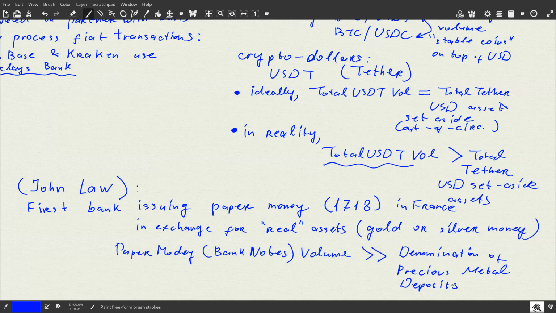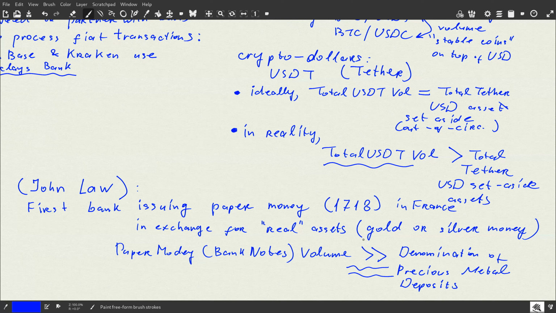It was the invention of John Law when he realized, and he was the first person to realize this, three centuries ago, that a situation when the amount of your paper money, or now we would say the amount of USDT, being significantly greater, or at least greater than the total amount of deposits backing your paper money or your cryptocurrency,